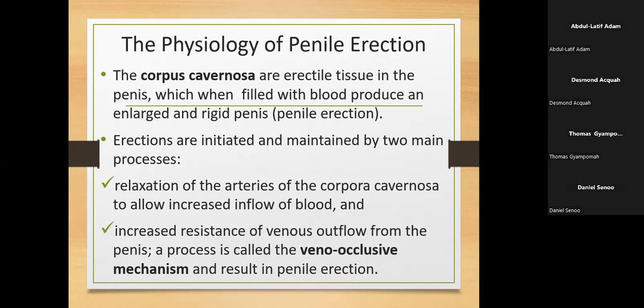As simple as that. Once the blood flow increases, it will move into the corpora cavernosa, which is the erectile tissue. Once it moves in there, you know that whenever there is an artery, there's also a vein. All right. So the arteries will supply into the vein. Now, it's like when we move to the prostate, you talk about the prostate.